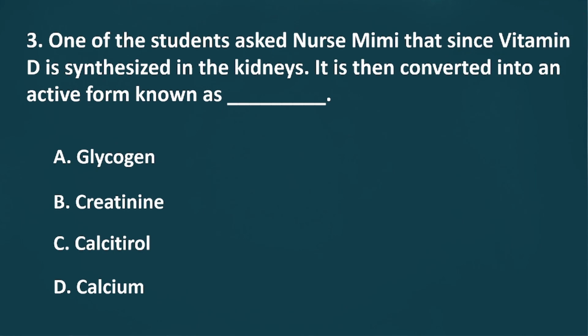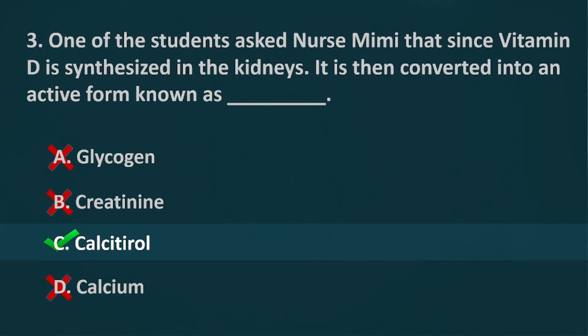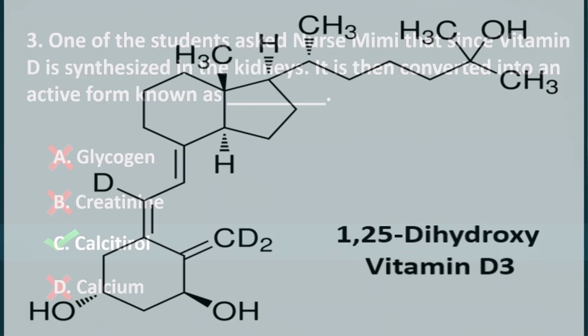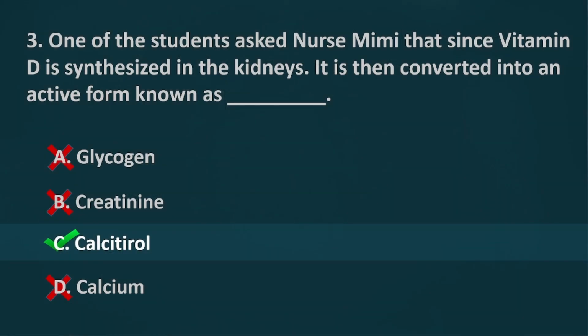The correct answer is letter C. Calcitriol. Calcitriol is also called 1,25-dihydroxy vitamin D3. It is the hormonally active metabolite of vitamin D which increases the level of calcium uptake from the gut into the blood. Glycogen is a substance deposited in bodily tissues as a store glucose polymer that is used as an